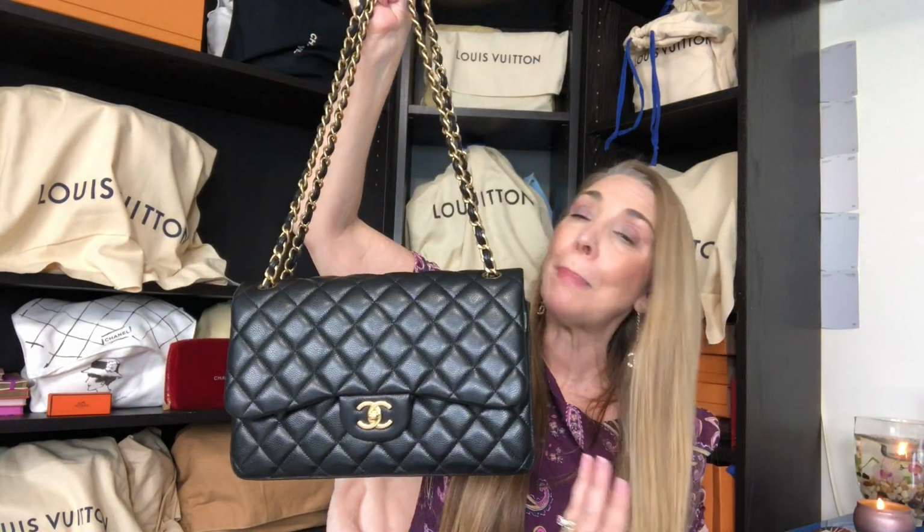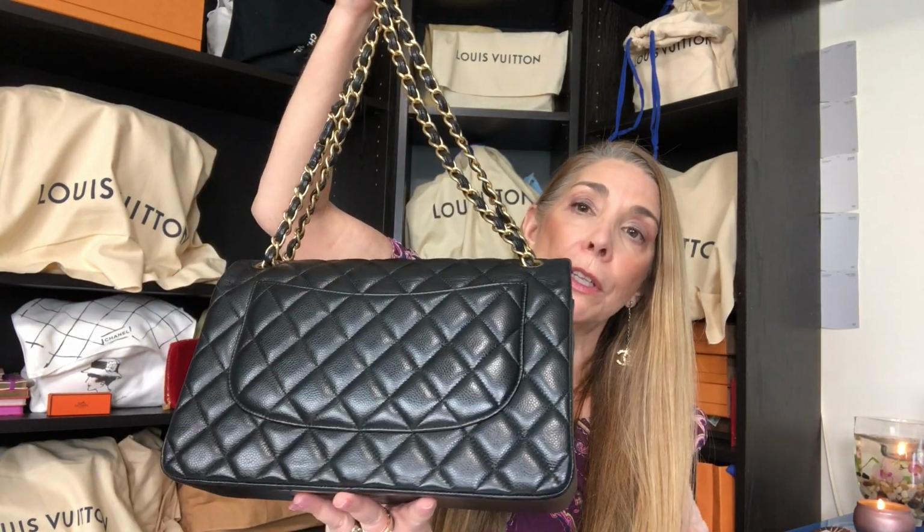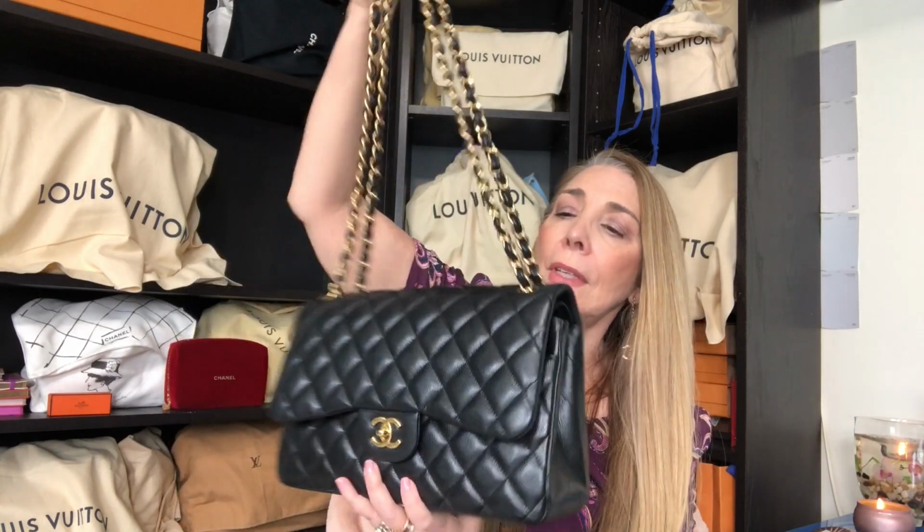I started looking into and researching and decided that she would probably be a good seller for me to follow and see if I could find what I was looking for. And sure enough, this bag came up. This is the Chanel Jumbo Series 21, like I mentioned, and so this bag is from 2015 or 2016. I am not really sure, but I went ahead and started following her, and when this one came up, I